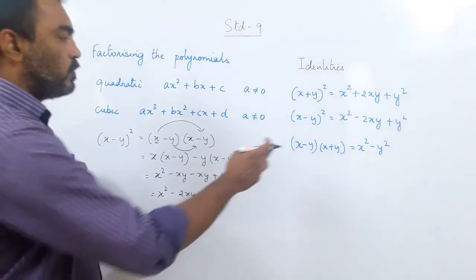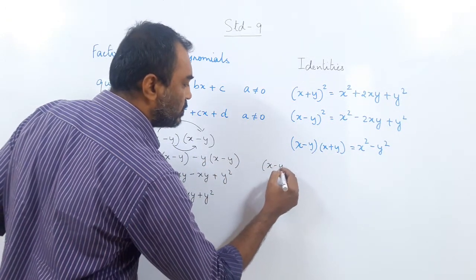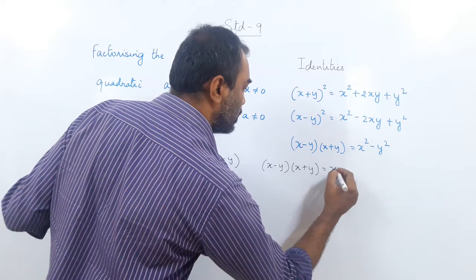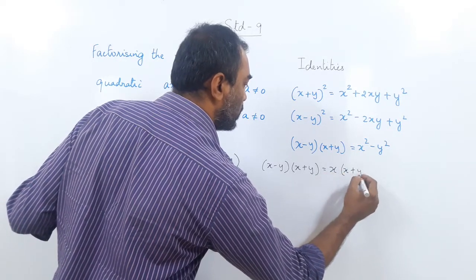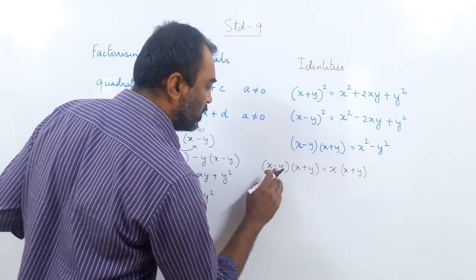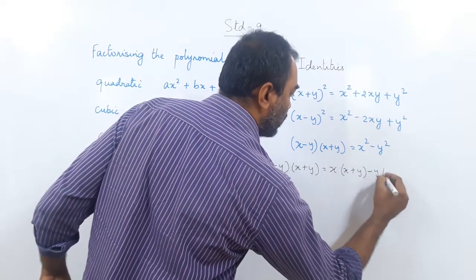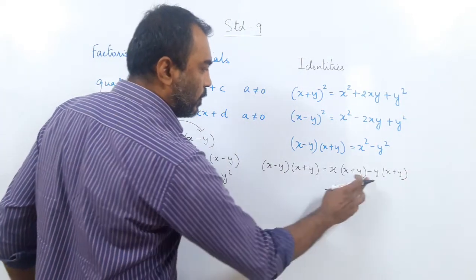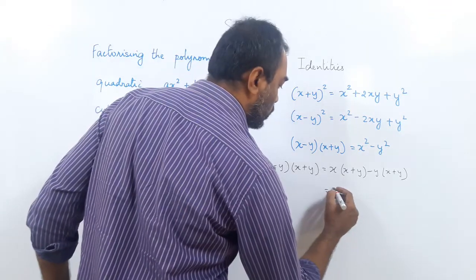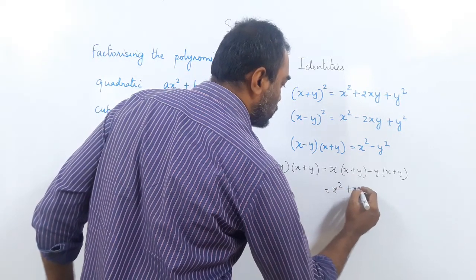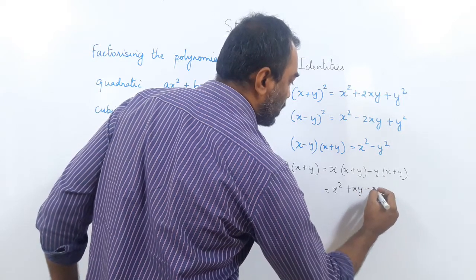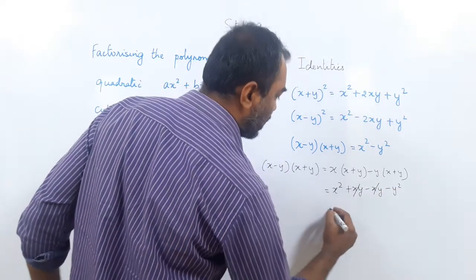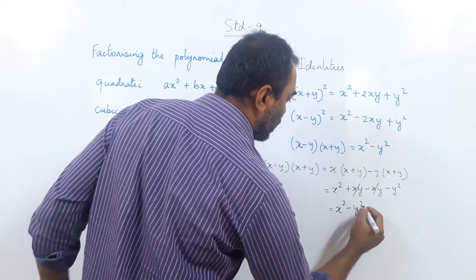And the third one, x minus y into x plus y. What do you get in this? So we get x into the bracket x plus y. This time x is multiplied with the bracket x plus y, but there is a minus y here. So minus y in the bracket x plus y. What is done? X into the bracket, minus y into the bracket. So x into x, you have x square, x into y, xy, minus y into x, minus xy, minus y into y, minus y square. So this plus xy and minus xy get cut. We are left with x square minus y square.